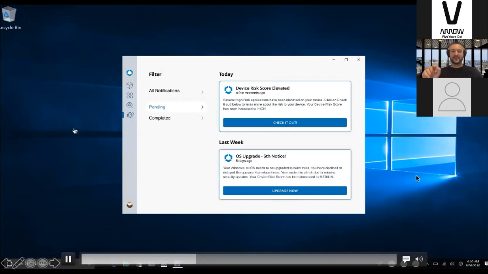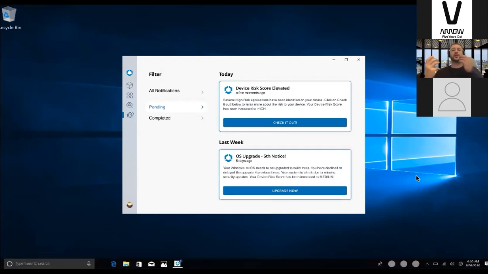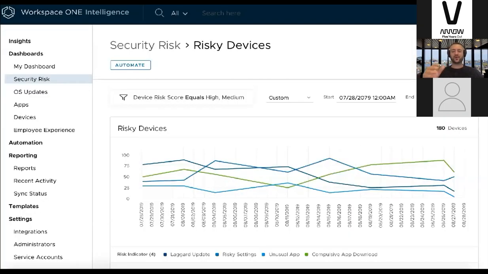So as well as sending notifications out to Peter so that he can see this, as well as prompting on his iPhone that he has to use Verify, it's also going to send notifications across to IT. So IT can actually go into Intelligence, have a look at the dashboard, and see exactly what's going on across multiple different users. But if we just focus on Peter and Peter's devices, so if we scroll down on